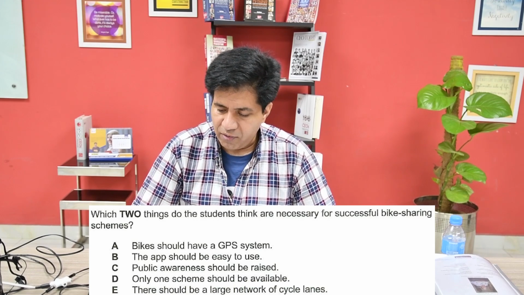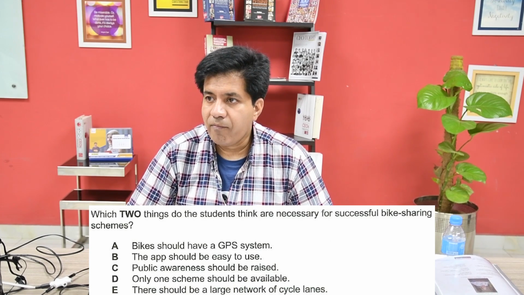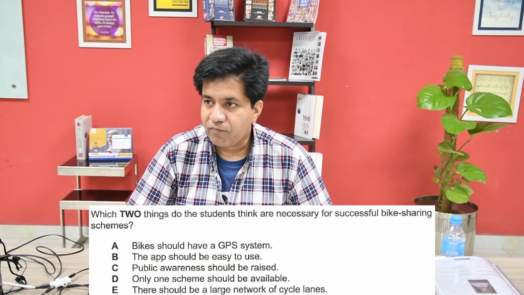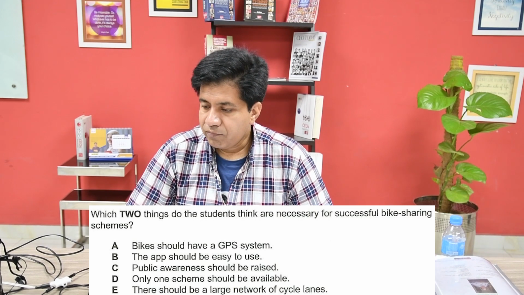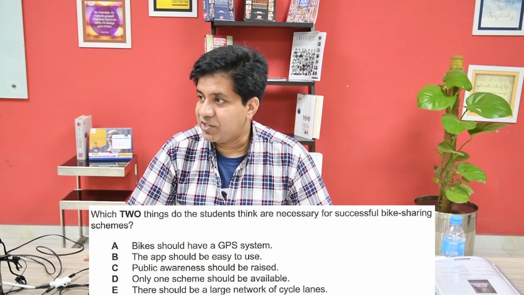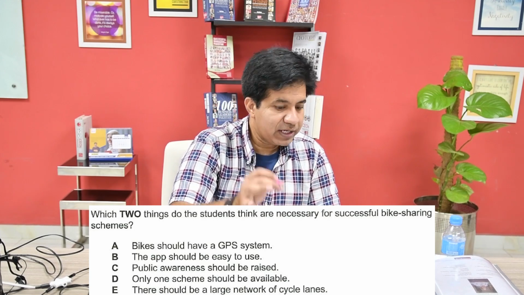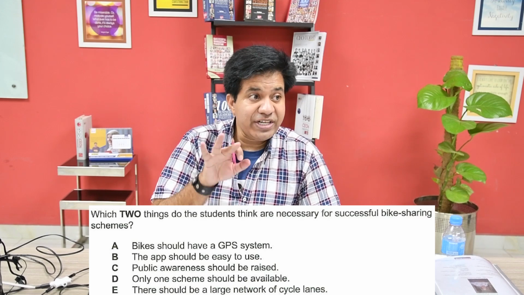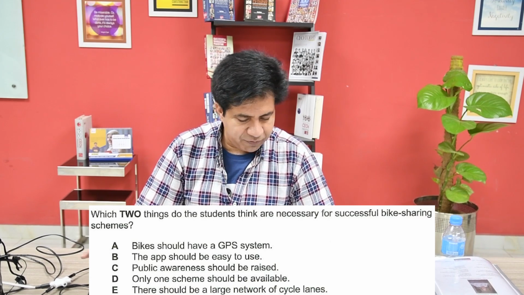Let's go on. But some technical things are really important, like a fully functional app, so people can make payments and book bikes easily. Places which haven't invested in that have really struggled. Good point. Good point. App and good point. So B is the right answer. Right? Now we go on. Next option D will be discussed in the audio. And by the way, yes, initially we find 2 options.